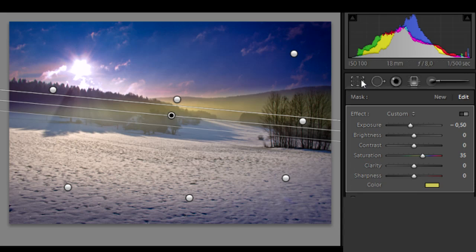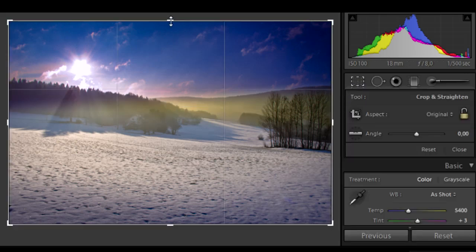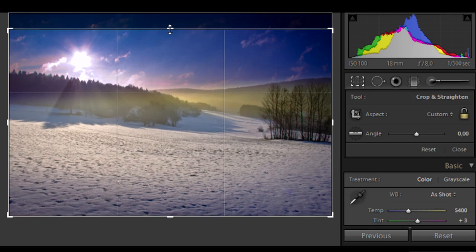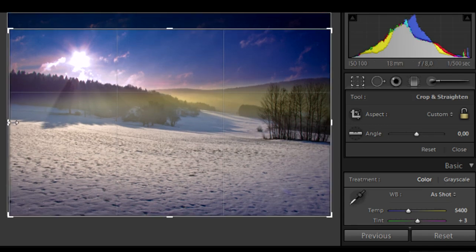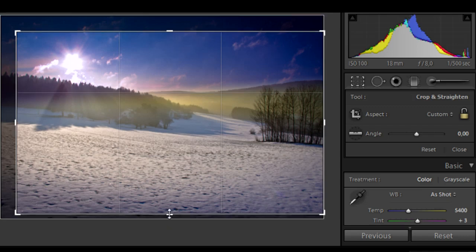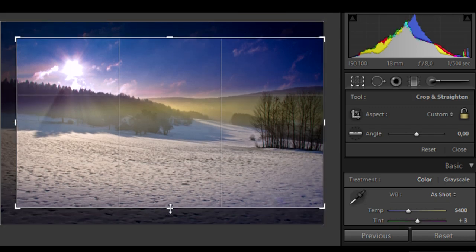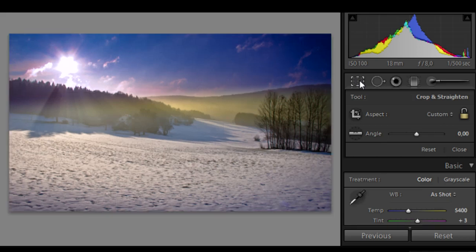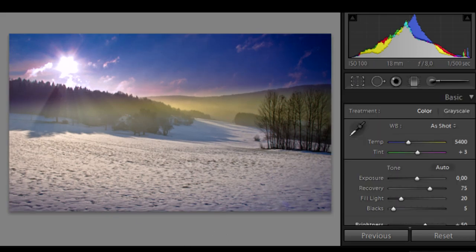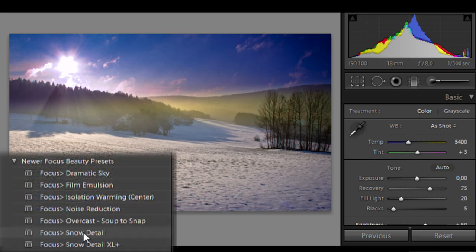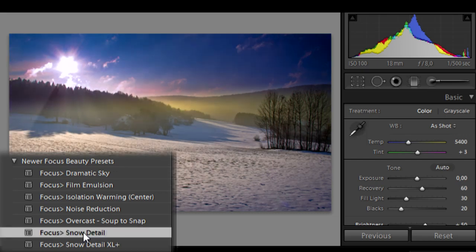And finally, we're just going to crop this down a little bit. Get rid of some of the obvious distractions in the photograph. Once you've got the photograph basically the way you want it, you can still play with some other presets. Let's say you want a little bit more contrast. There's another preset I've created called Snow Detail, and it coexists with the Dramatic Sky, as I said in the beginning. So we can now click on Snow Detail, and you'll see it creates much more of a dramatic effect